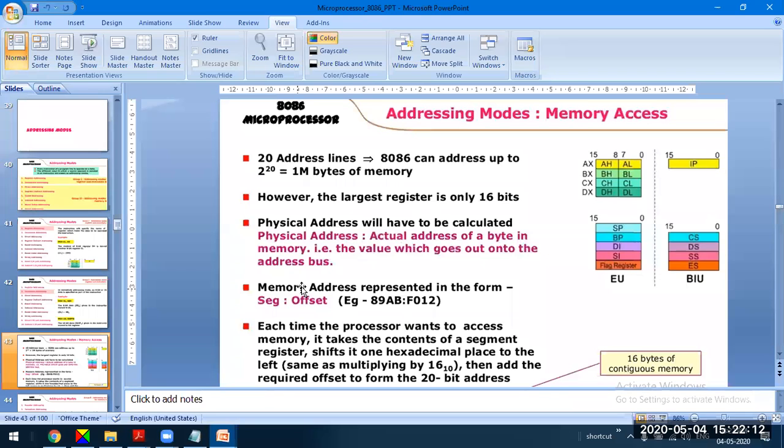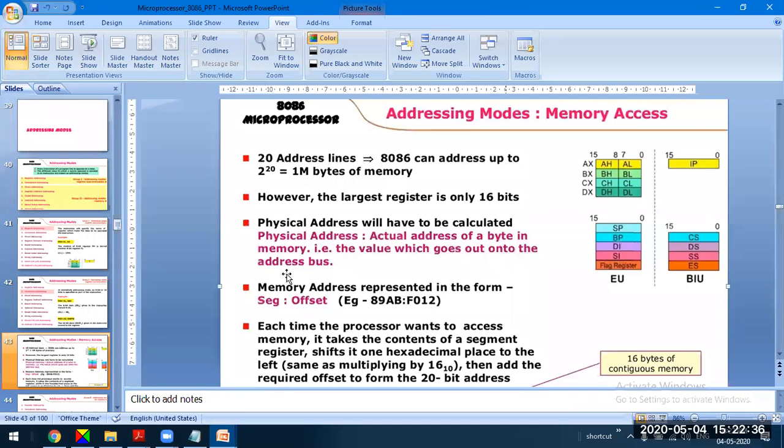So the memory address is represented in the form of segment register and offset register. The segment register is 16-bit and the offset register is 16-bit. 0 is appended to the segment register to generate a 20-bit address, and to this the 16-bit offset is added.